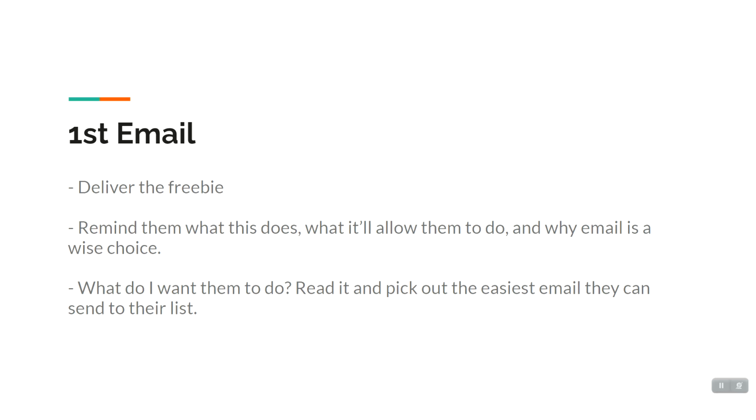I'm not asking them to do it, not asking them to write it up into an email, but just look at it, explore the document, and get the ideas kind of floating around their head. Just so after this first email, they've got it, they're exploring new ideas, and I've reminded them a little bit more about why email is really good.